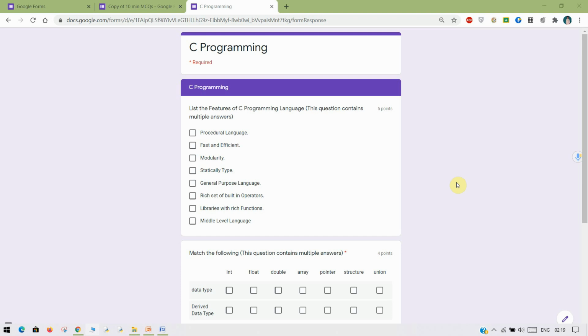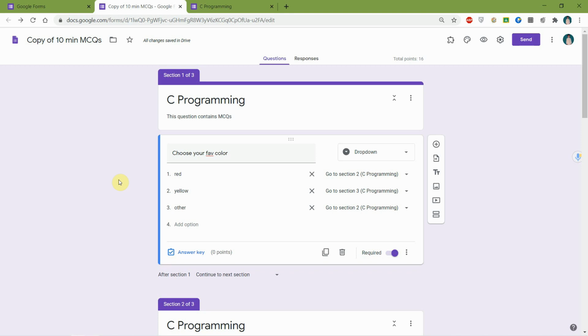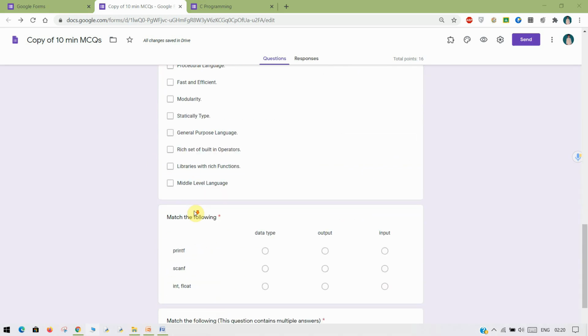The fourth point is ask better questions. In this, we can use checkbox grid, multiple choice grid questions. We already saw how to use them in previous videos. Then we can add video questions and image questions as well. Let's see how to add them.